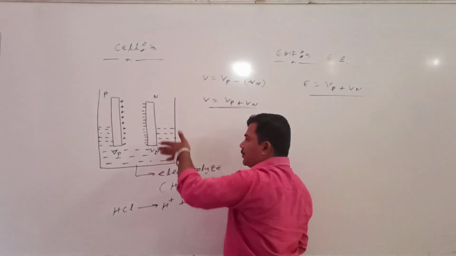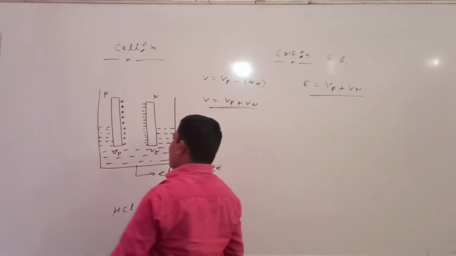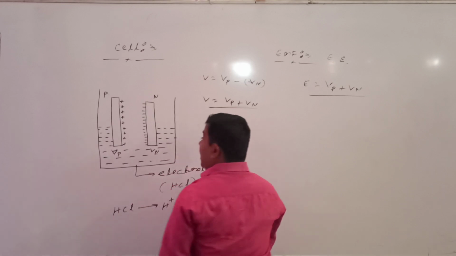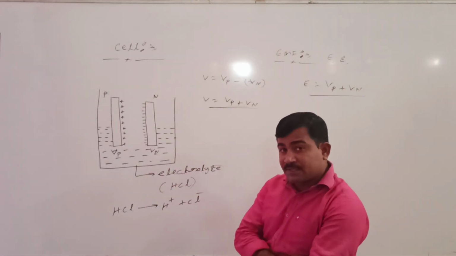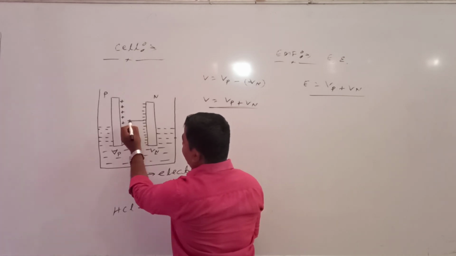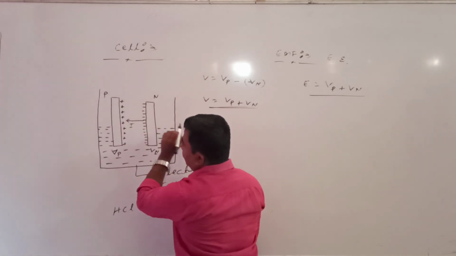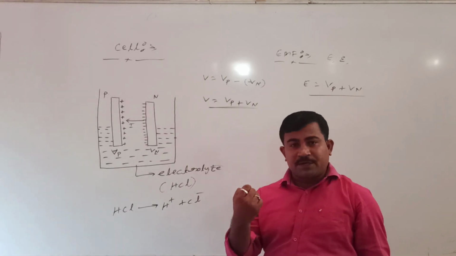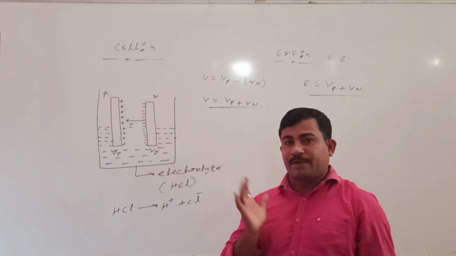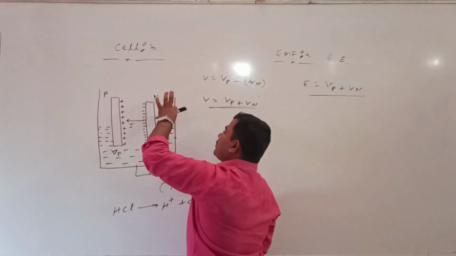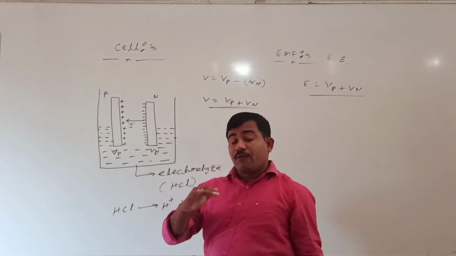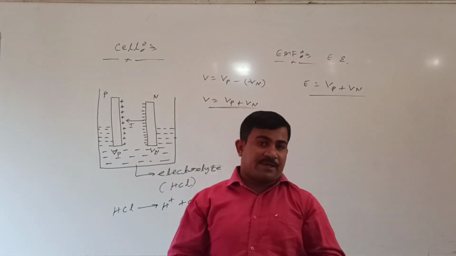What is the nature of the current? Due to the electrolytic solution, all positive ions are moving like this and all negative ions are moving like this. How do we take the direction of current in the cell? Inside the cell, the direction of current is from N to P, because the direction of current is taken along the direction in which positive charges are moving. In this direction, positive charges are moving. So inside the cell, current exists, but from the cell, no current is flowing.